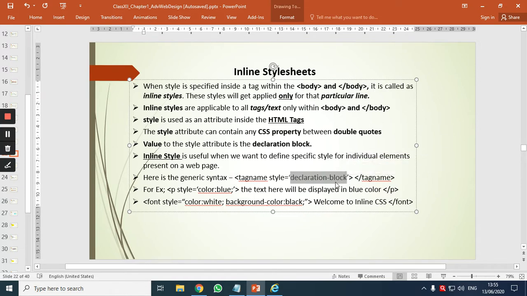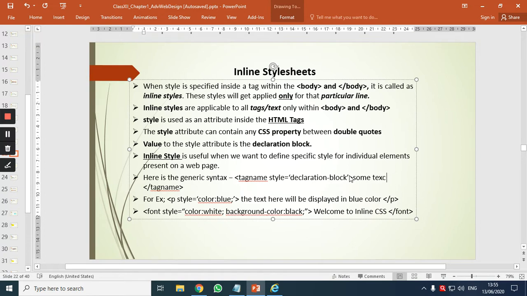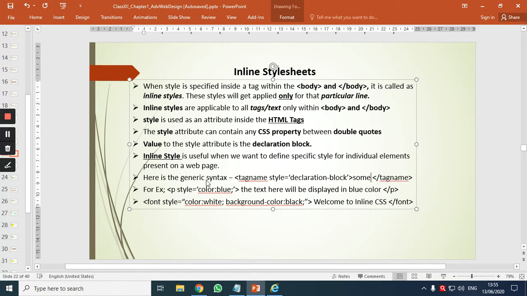And what is the declaration block? It is made up of property colon value. Then angular bracket close, some text over here. We need to write some text. And then the closing tag name, if it is a paired tag. Correct? Okay. I put up an example here.